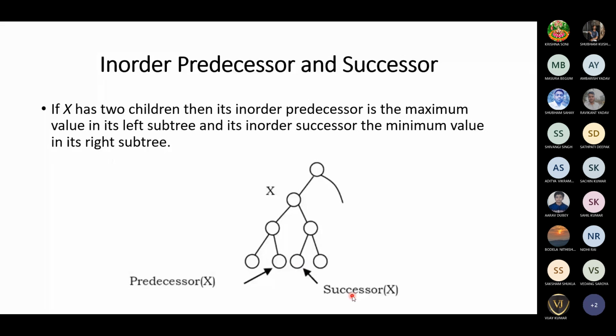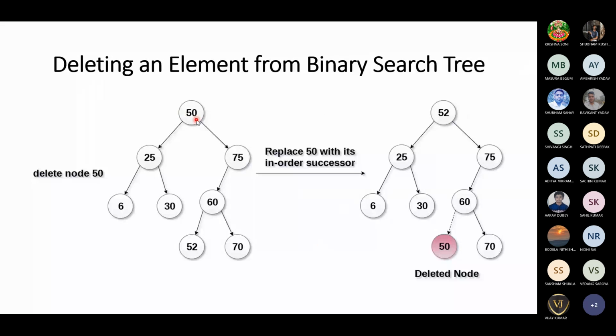When you are deleting the root node 50, we can replace it with the in order successor, or you can replace it with the in order predecessor. Now when you're deleting 50, the minimum value in the right subtree is 52. 52 is replaced, both these values are replaced. After this the node will be deleted. But once this node is deleted, we have to check that the binary search tree property holds. All the values on the left subtree are less than 52. All the values on the right subtree are greater.